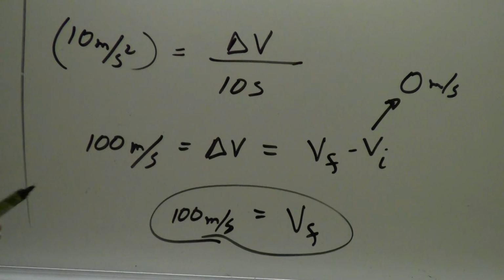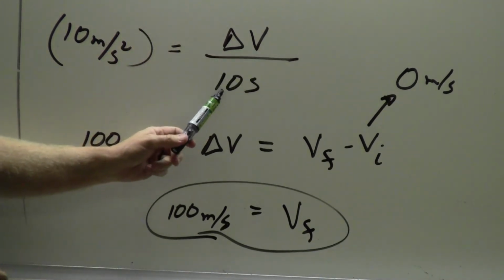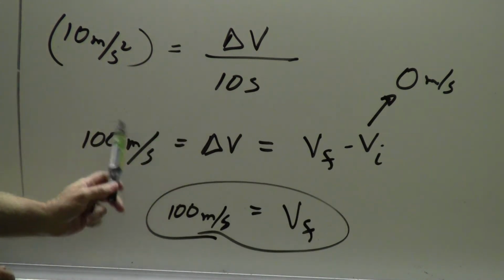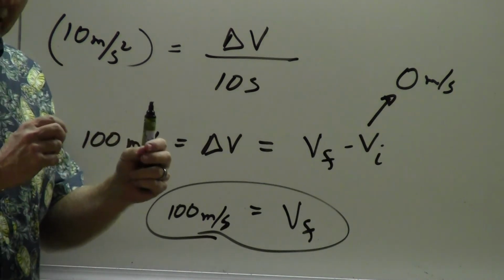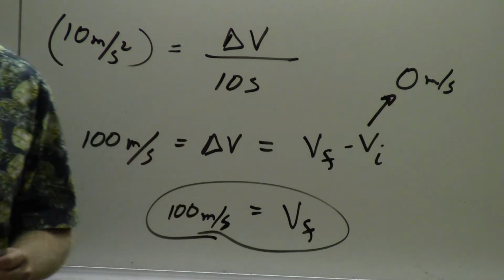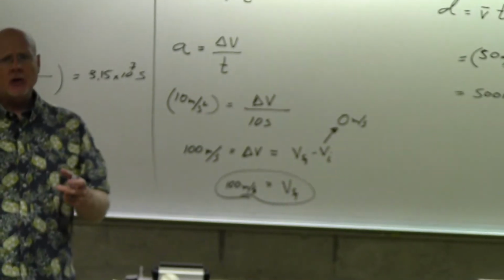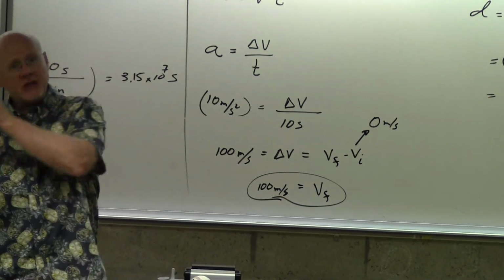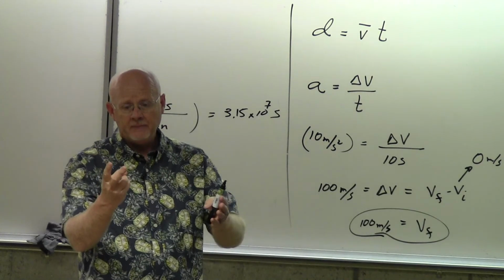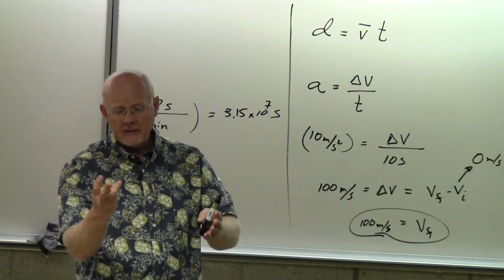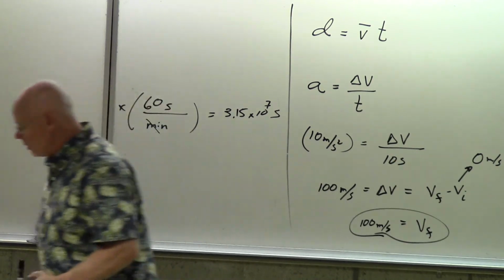And I'm kind of hoping you can see it without me having to go through the math. If I redid this but put 8 seconds here, the speed would be 80. And so after falling for 8 seconds, it would be going 80. And of course, isn't that what we meant by acceleration being 10? Increase by 10 every second. So it starts at 0, and so 1 second later it's going 10, 2 seconds it's 20, 3 seconds it's 30, 4 seconds it's 40, 50, 60, 70, 80. And so I would say